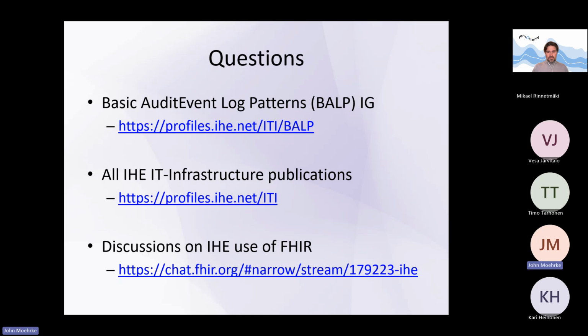Yeah, actually, the question helps me because I was realizing that I hadn't actually indicated something that I'm aware of. I have been told that the Firely server, HAPI server, I really have this recorded somewhere, there's a bunch of the common FHIR servers that have implemented BALP. It's not on by default because, of course, it would be very noisy, but they're implemented, so you just need to look into your tool to find out how to turn it on.